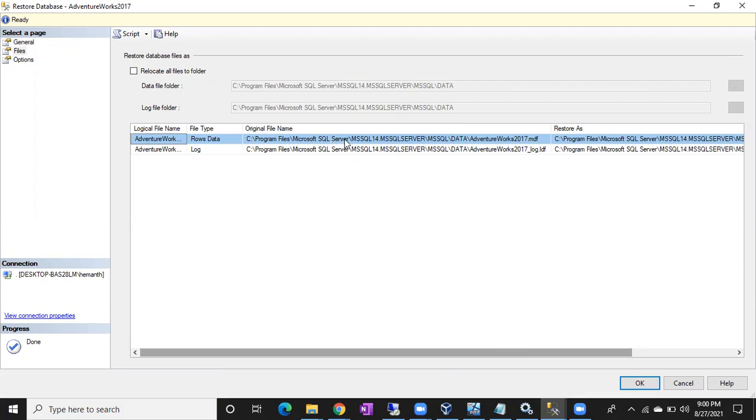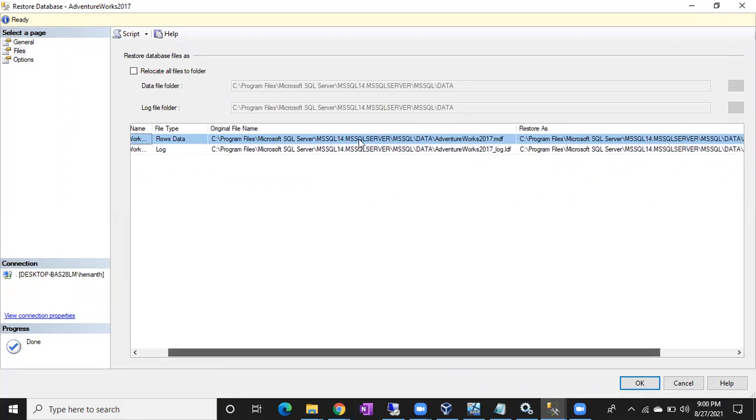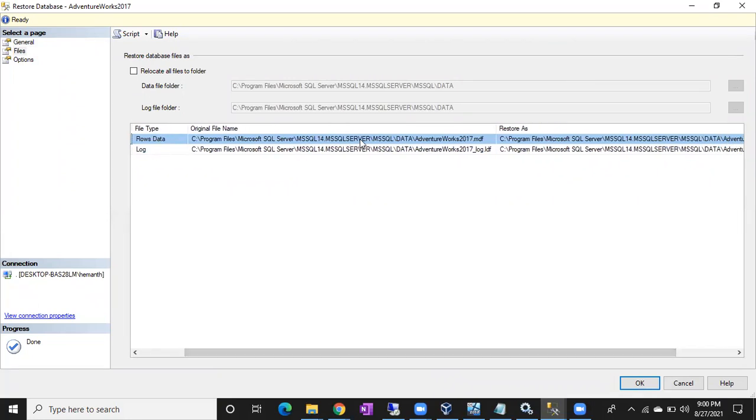Fine. The original file name is this one: Microsoft SQL Server, MSSQL14, MSSQL, Data, AdventureWorks. Okay, fine. What is the version of this server?